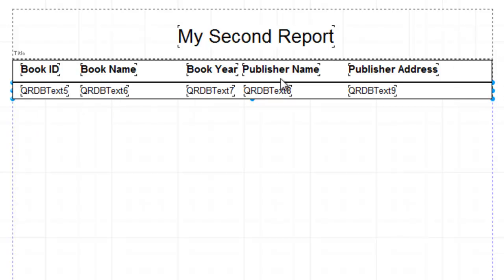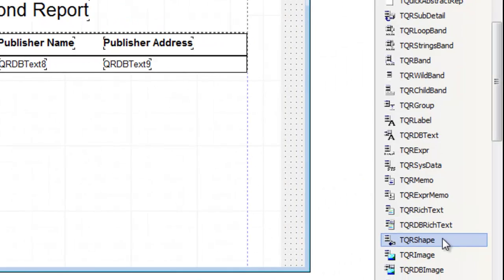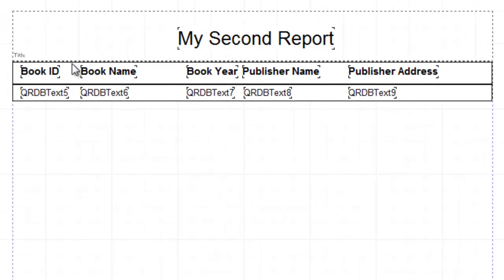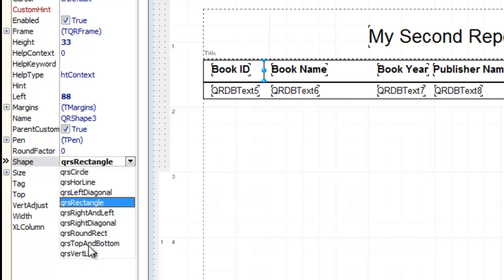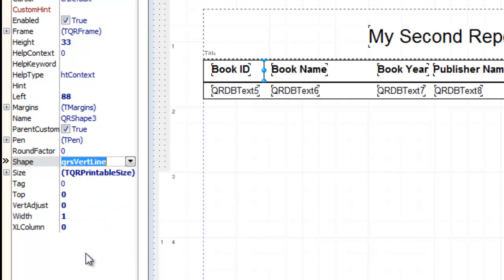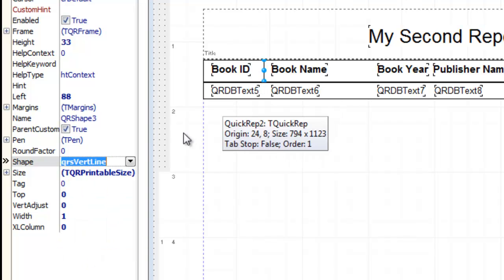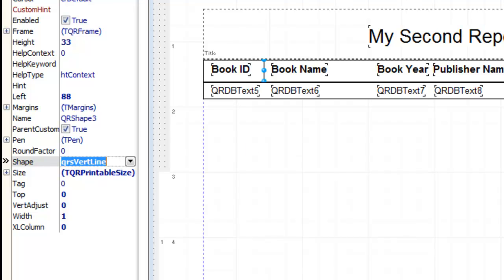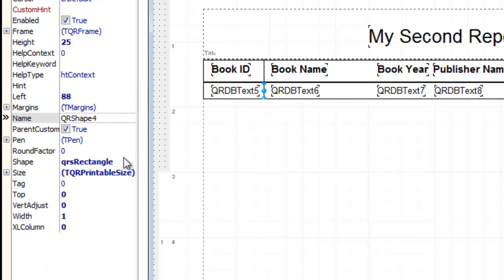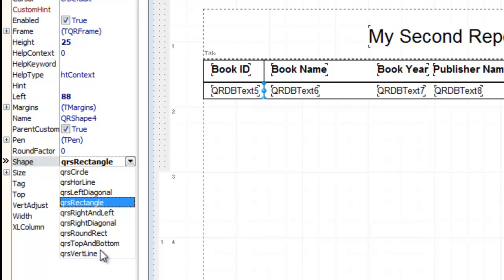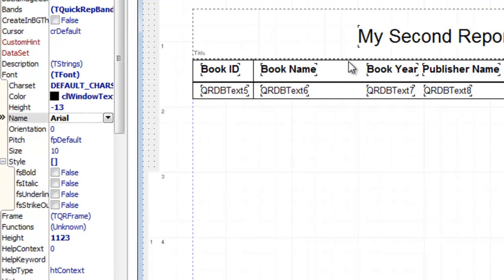And this is for the horizontal line, and for the vertical line you could also use this shape, but first you have to change the shape to vertical line here. Okay, so don't use shape, just use vertical line, and again right here change it to vertical line, like there.